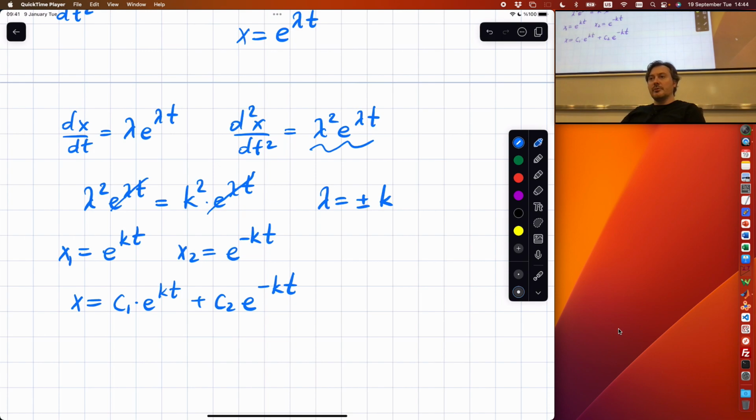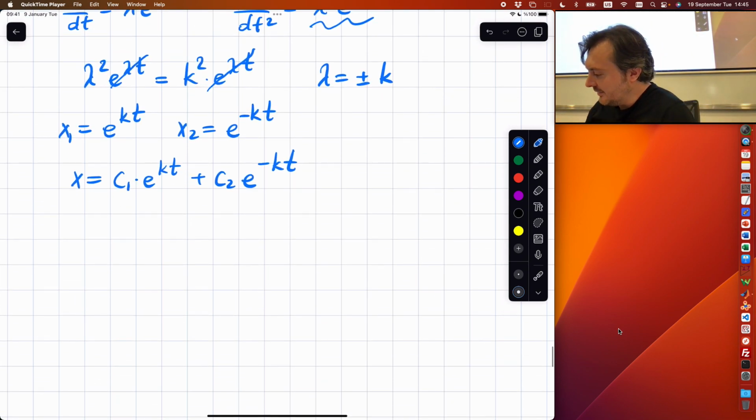This is the general solution. And where are you going to get c1 and c2? You are going to get that from initial conditions, boundary conditions. Okay? That's the general solution. That brings us to